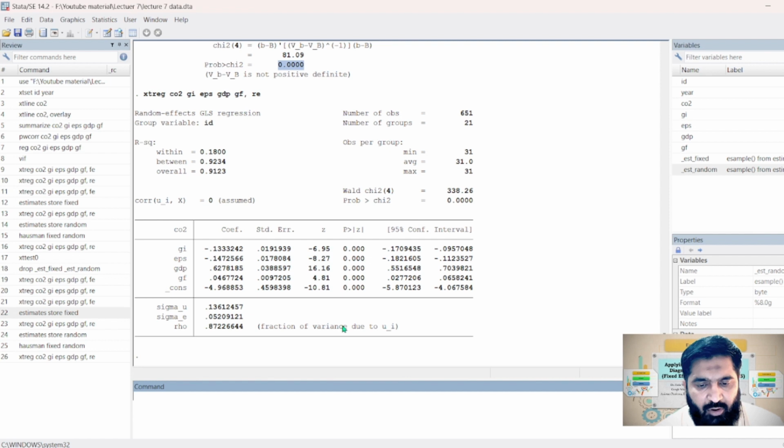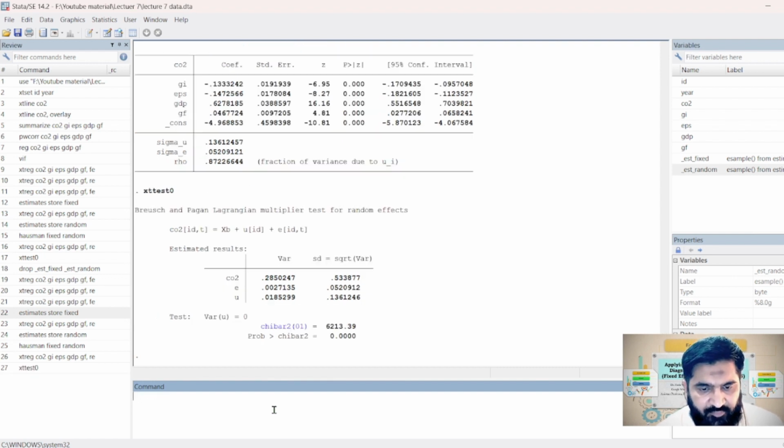If we want to compare between the random and ordinary least square model, the command is xttest0. Okay, the command is xttest0. Now again you can check the chi-square value, and this is the probability value. Again the probability value is highly significant at 1%. So in other words, if the finding for xttest0 is highly significant, again we need to check H0 and H1, where the H0